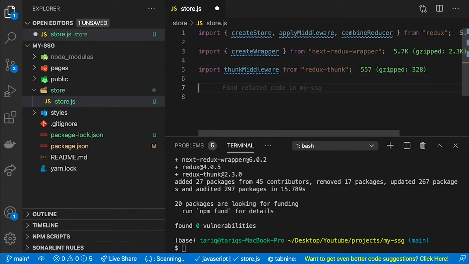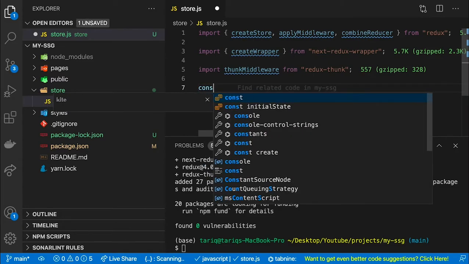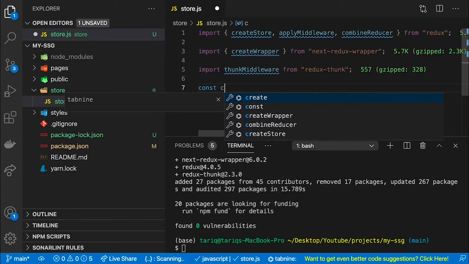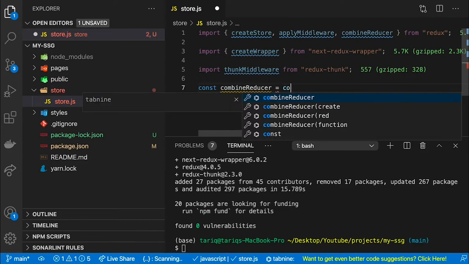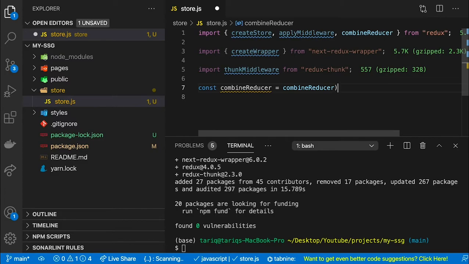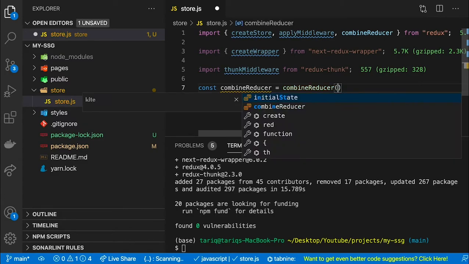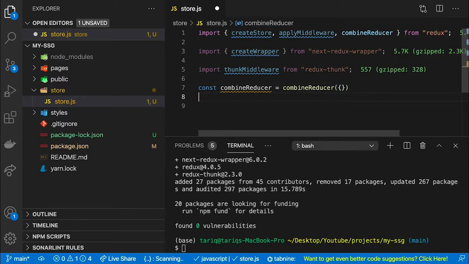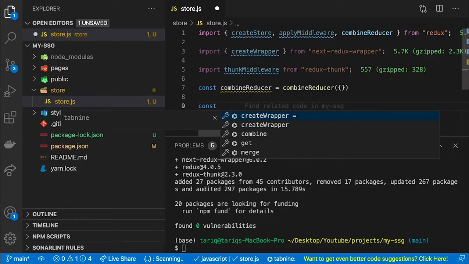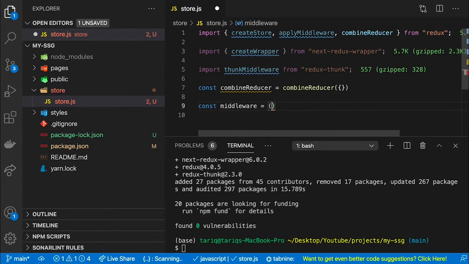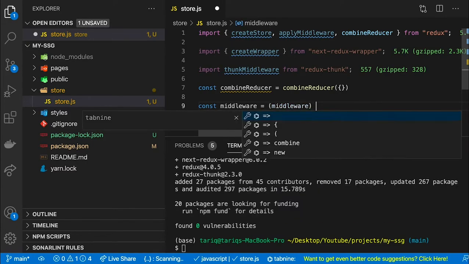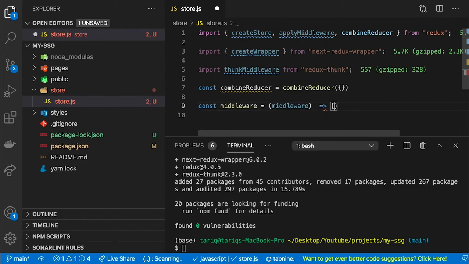So first I'll be adding my user. So I will create a reducer. Sorry, I'm gonna create a reducer. So it'll be combineReducers, and I'll add my reducer here. Alright, great. So right now I'm gonna add a middleware. So I'm gonna have a middleware, and that will take a function, another middleware. We'll take the middleware as an argument,